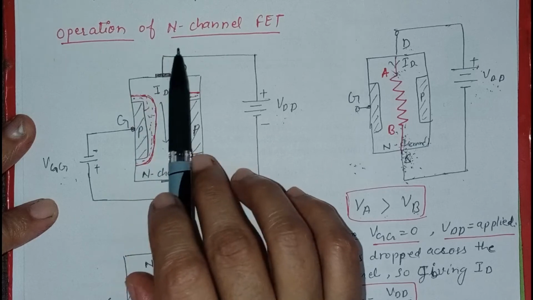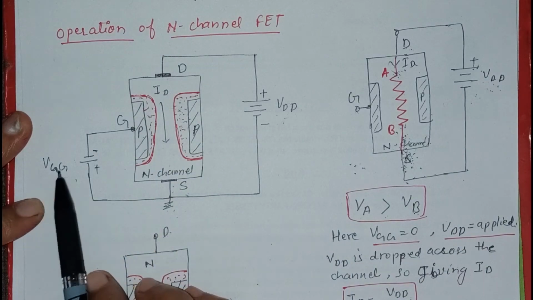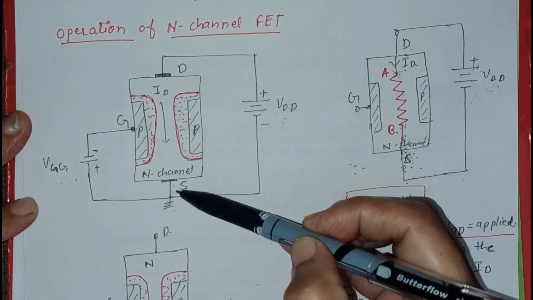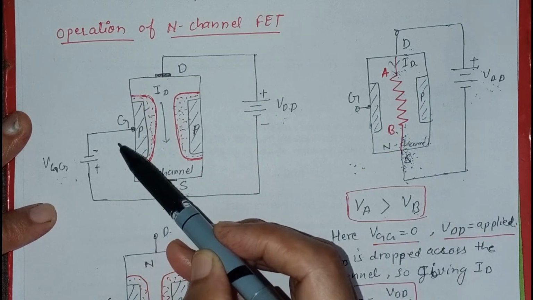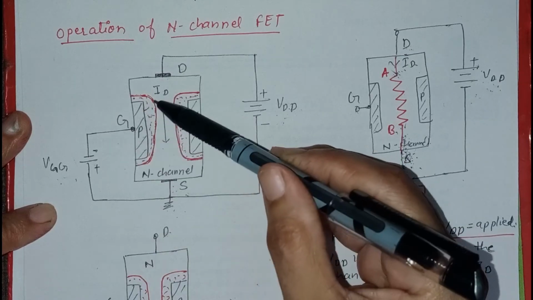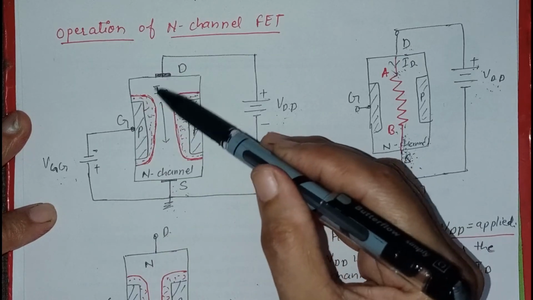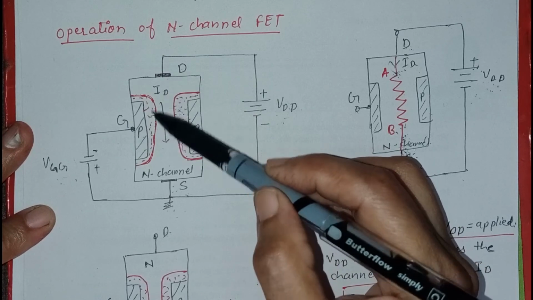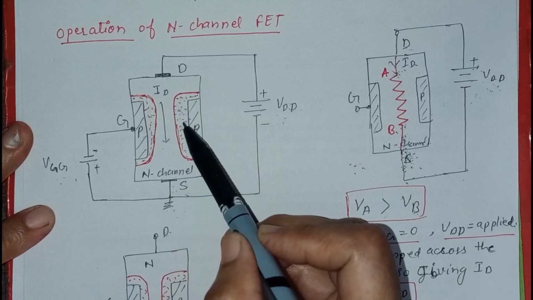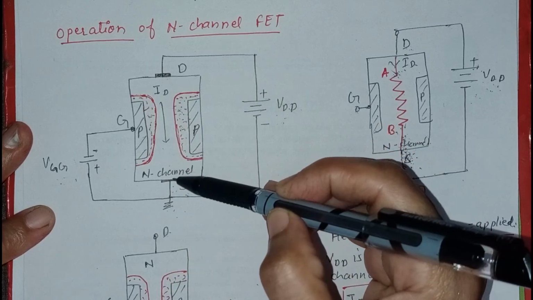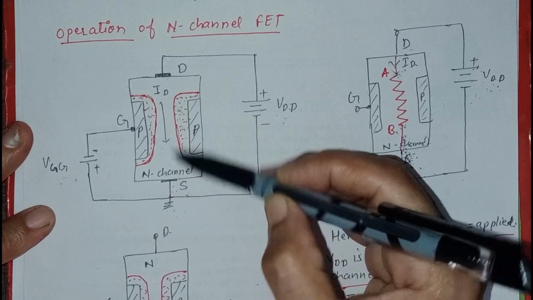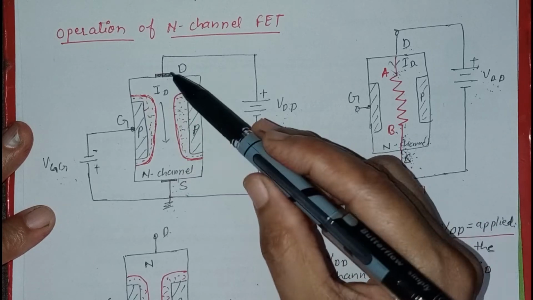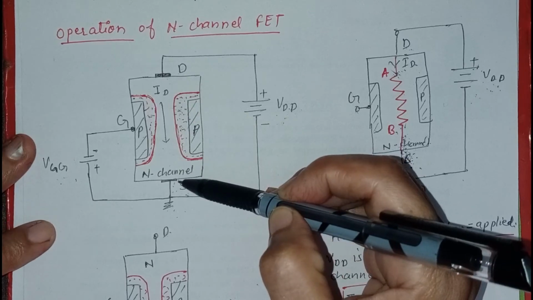Now we can understand the operation of the N-channel JFET. Let us suppose VGG is equal to 0 and we apply a voltage VDD between the drain and the source. As VG is equal to 0, the reverse biasing is less here. The only reverse biasing is due to the voltage in the channel here. So the depletion region will be less and the channel will be widest in this case. So the charge carriers can easily flow from source to drain. So the current in this case will be maximum. The drain current will flow from drain to the source.